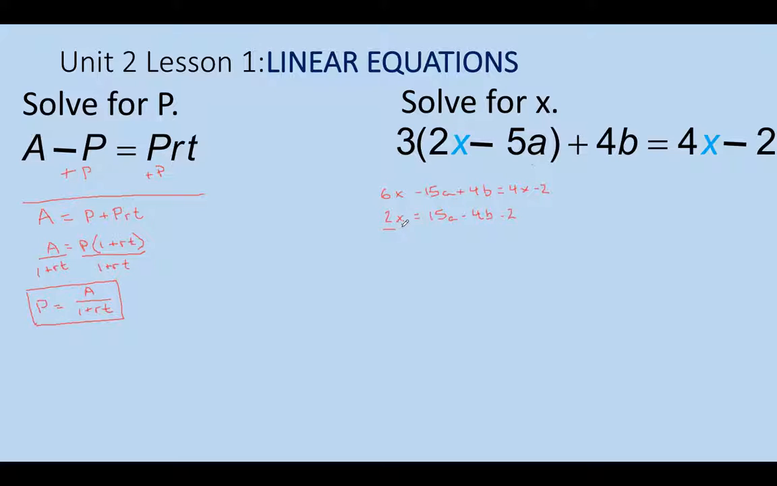And now I'm almost done. I've almost got x by itself. I just need to divide both sides by 2, and I wind up with x equaling 15a minus 4b minus 2 divided by 2. Do I have any like terms that I can combine? Nope, nope, nope. And so this is my final answer. All right, well, that takes care of